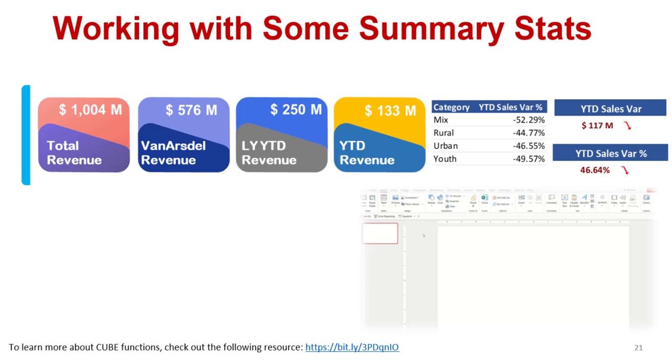Okay, so the next step is for adding some summary statistics values. On the screen you can see different summary statistics values like total revenue, specific manufacturer revenue, last year to date revenue, as well as year to date revenue, and then some other tabular summary stats are also showing. But before going further, let's see how we can create this particular shape in Excel that is actually added in